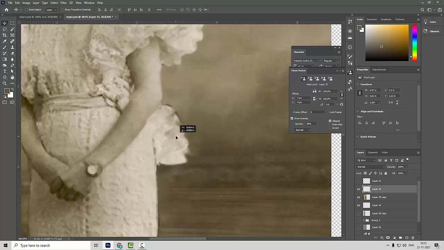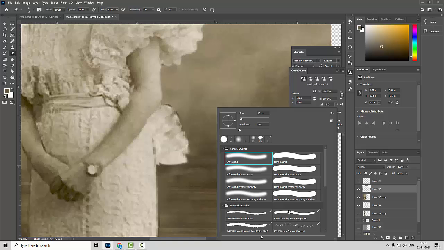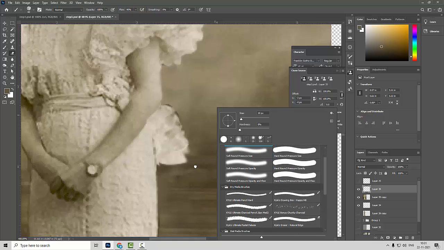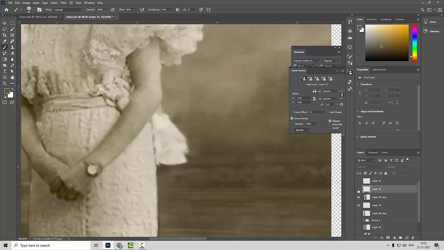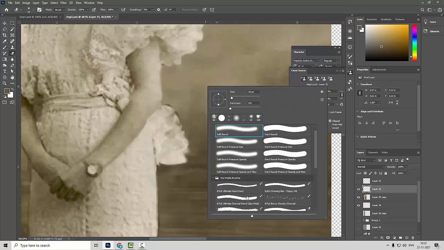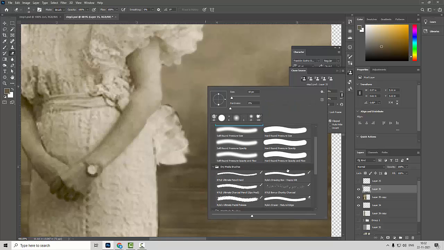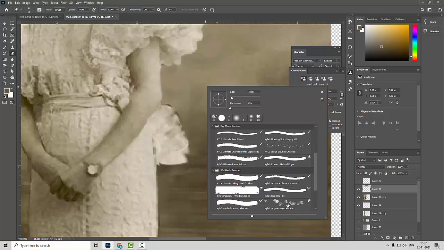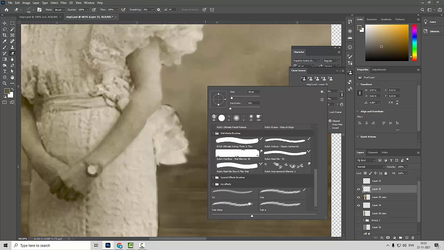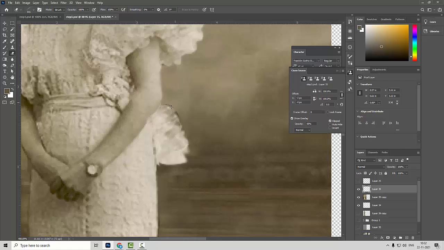Okay, now I'm using the Eraser tool. I need to select the eraser, and I want to select some random shapes, something like this.